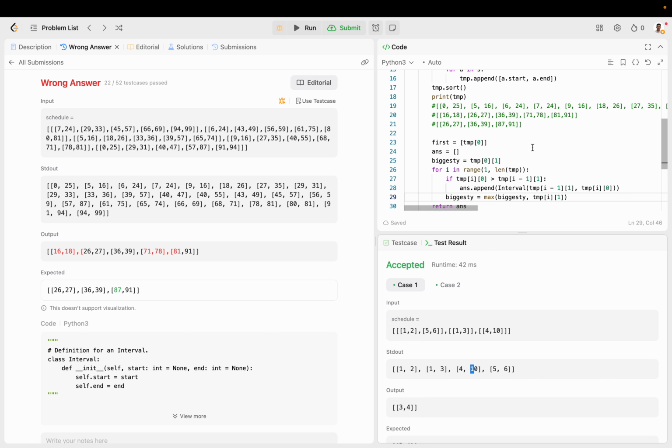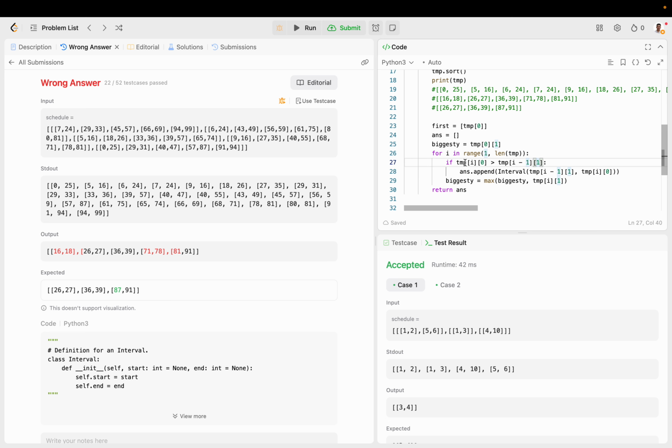What that allows us to do is compare the correct, appropriate thing. So we're not doing this comparison anymore, or we are, but we have to make some modifications. So if TMP of i 0 is bigger than biggest y,